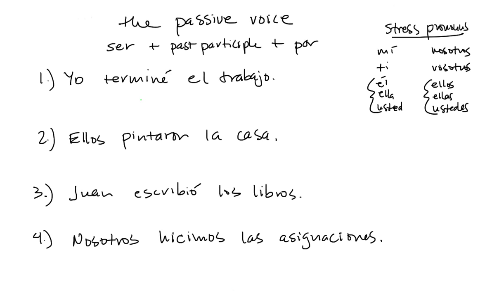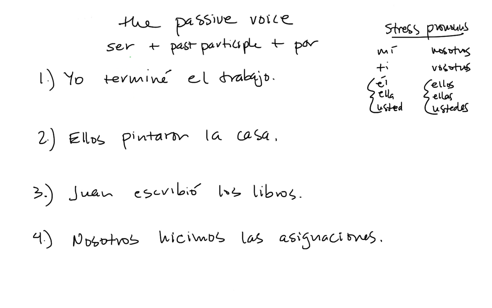Today we will look at the passive voice, that is the true passive voice. Sometimes a passive voice can be expressed with se plus a verb. For example, se habla español can be translated one speaks Spanish or Spanish is spoken, resembling the passive voice. But here, this is the passive voice that not only indicates was spoken, was written, etc., but also indicates the agent, that is, who did it. Was spoken by, was written by, was introduced by, etc.